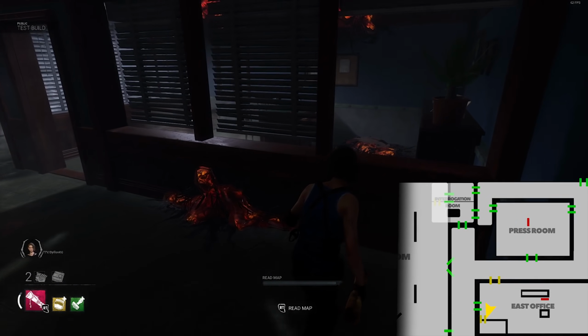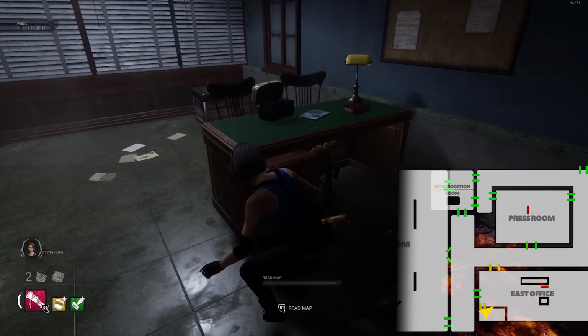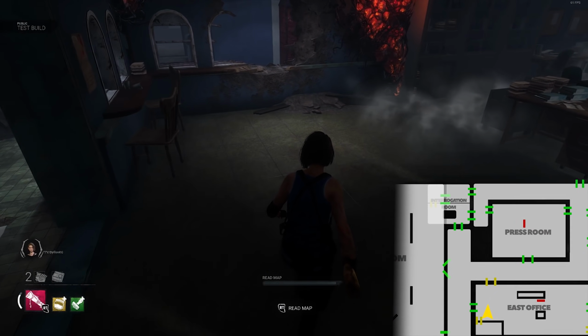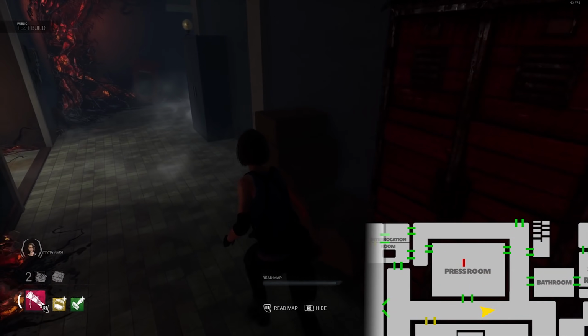Now, of course, you will see here that it does have this little window, and you can see a totem spawn here. And you can cleanse the totem as of now, so do keep that in mind. It's pretty well hidden. That's a very good totem spawn, so check this room out if you do see it. But we do see a window here in front of us, and this is actually one of the best windows in the game. If you vault this, you go all the way down the hallway,